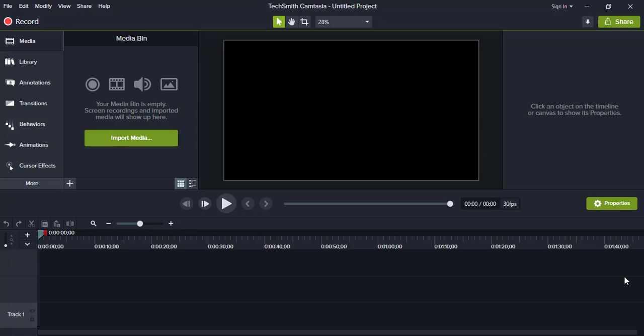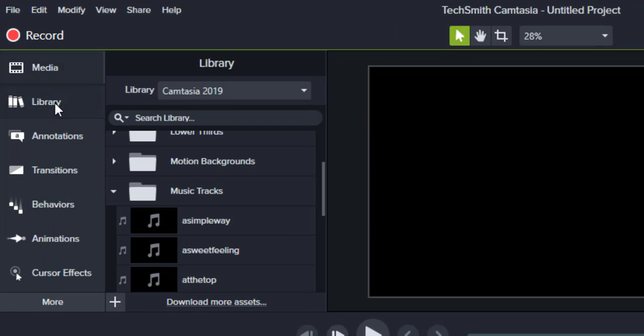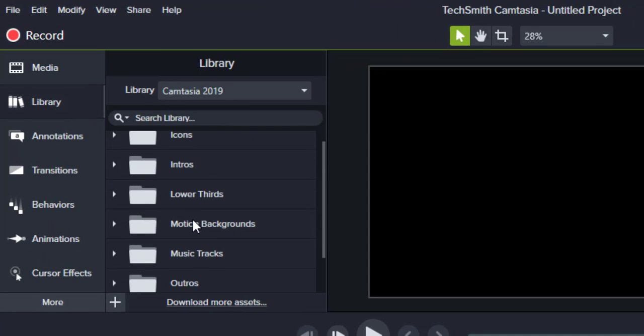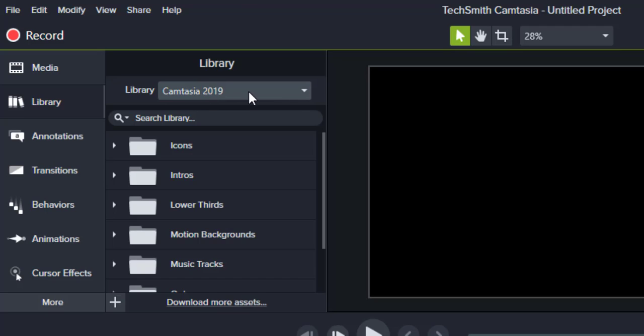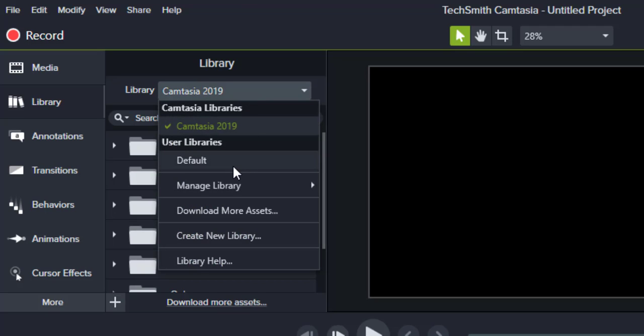Have a look. I assume that many of you don't know that Camtasia has its own library, and it has some provision that you can also create your own library and store in it. So we will see what all it contains. For that we have to go to the library. As you can see from here, this is the Camtasia library and this is default. This is where you make your own library, your stuff, and keep it.